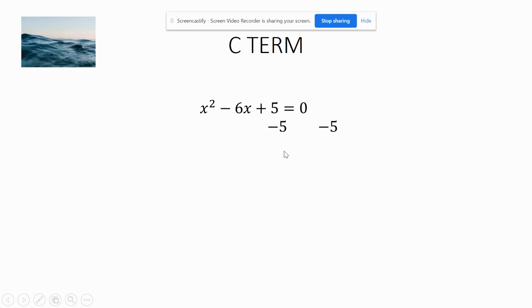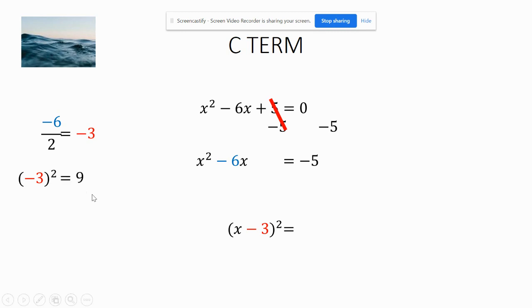First thing you want to do is minus the 5 from each side. Okay, go over here, look at your number here, the negative 6. Divide it by 2, which is negative 3. So I already know I'm going to have x minus 3 in parentheses squared. I'm going to kind of cheat ahead a second. But I'm going to take negative 3 squared. Now be careful. That's negative 3 times negative 3, which is a positive 9, which I add to each side,